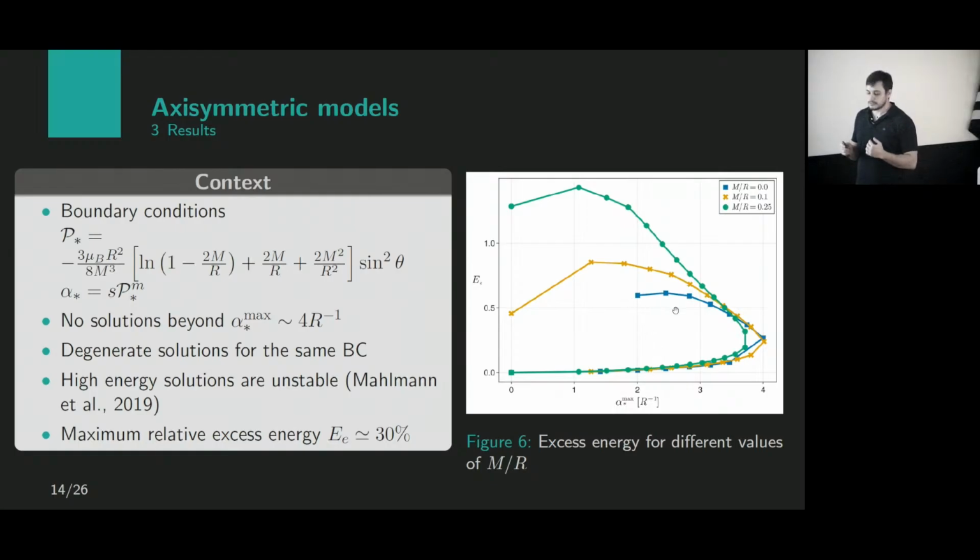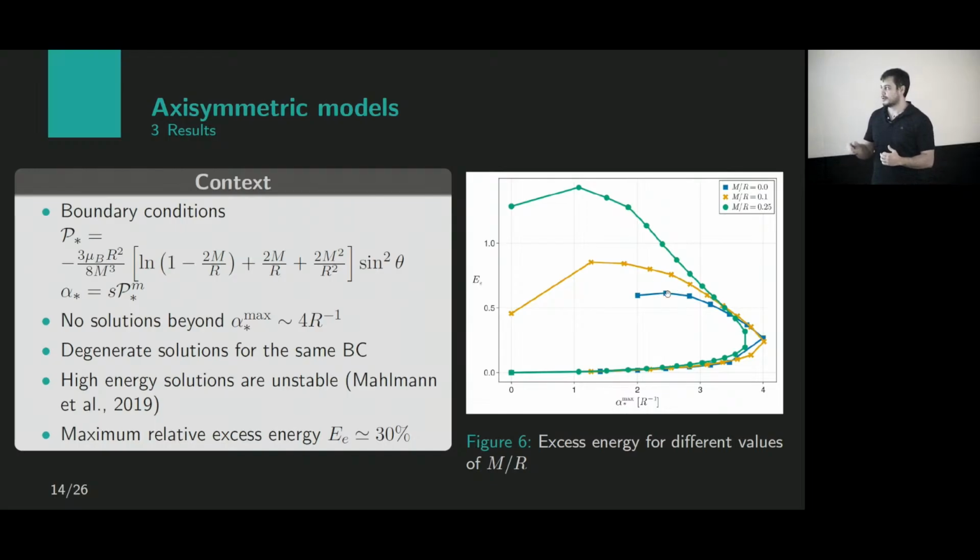And one of the two solutions has higher energy than the other. However, it has been demonstrated numerically, and we also have some criterion later that I can show, that the high energy solutions in this case are unstable. So they will actually not be realizable in a natural scenario. You can find them here because we are dealing with a stationary problem and solving for just a steady state solution. So this is a solution of the equation, but it's unstable dynamically.